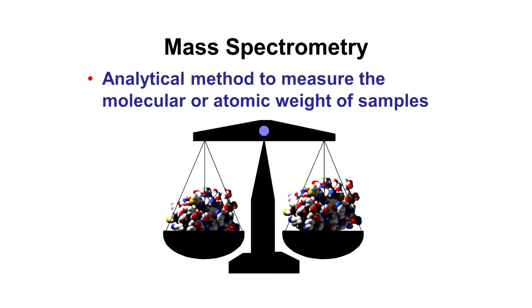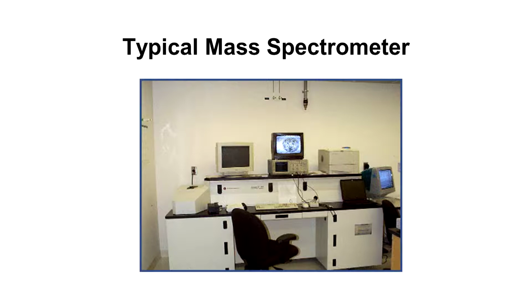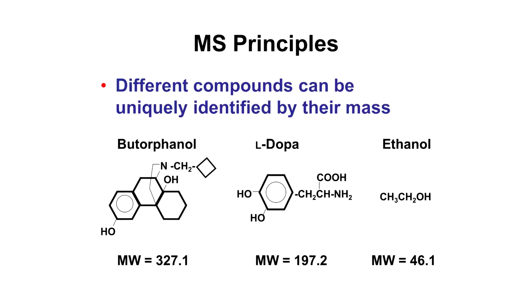So a typical mass spectrometer is the size of maybe a table that you'll see. Some of them can be vertical, some of them can be horizontal. This is a time-of-flight mass spectrometer. They're usually configured with computers, and they have various electronic systems or magnetic systems to help with the measurement of molecular weights. So the whole point of mass spectrometry is to not only detect but also identify compounds by their